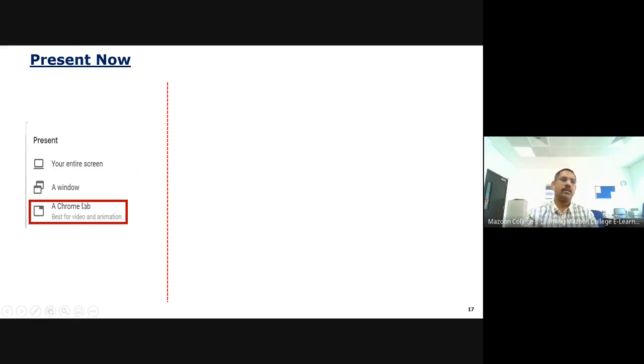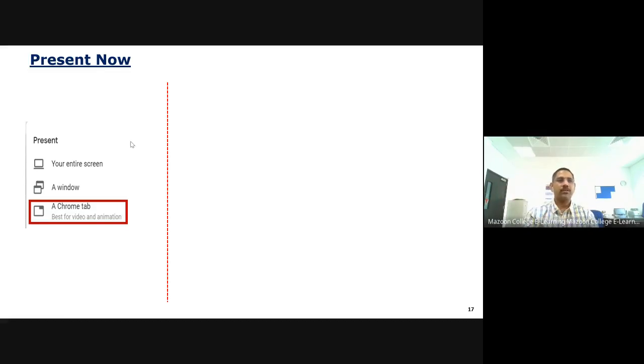And what is that Chrome tab? The Chrome tab will show only the tabs you opened in Google Chrome, not in other browsers like Microsoft Edge or Mozilla. It will show only Google Chrome, because Chrome belongs to the Google company, so they give importance to their own company.